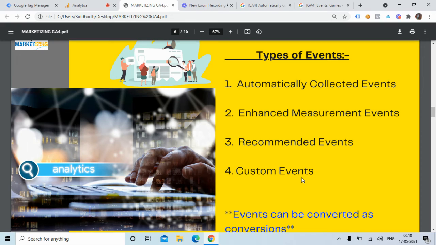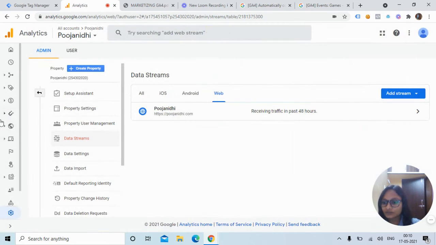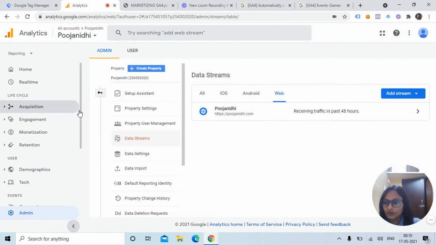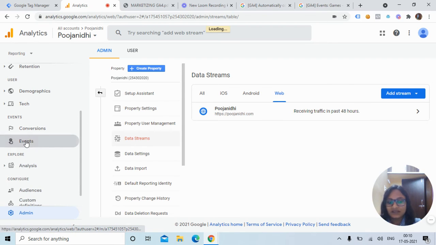And all these events can be converted into conversions. As I've already mentioned, conversion tracking is very easy in GA4. We can convert any event we register or log in GA4 as a conversion. So to have a brief overview of that, if we get into the events section,